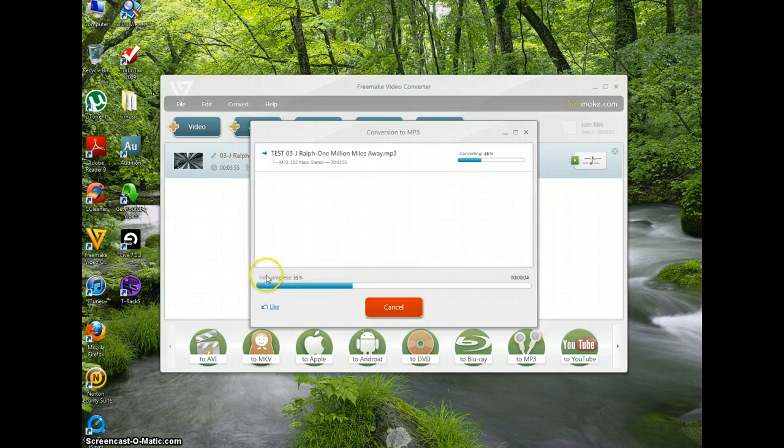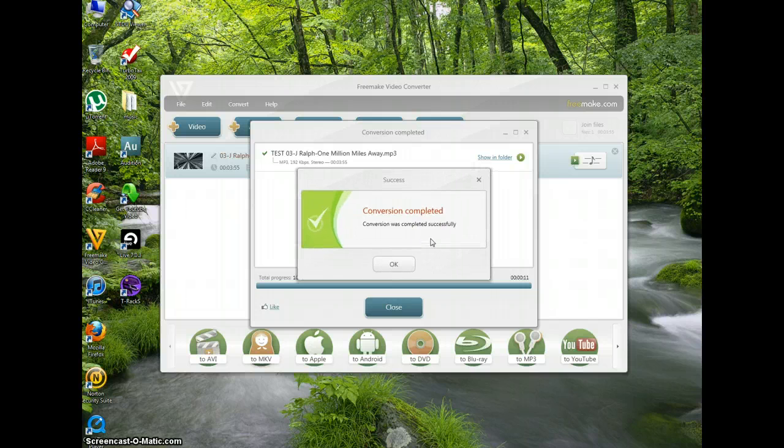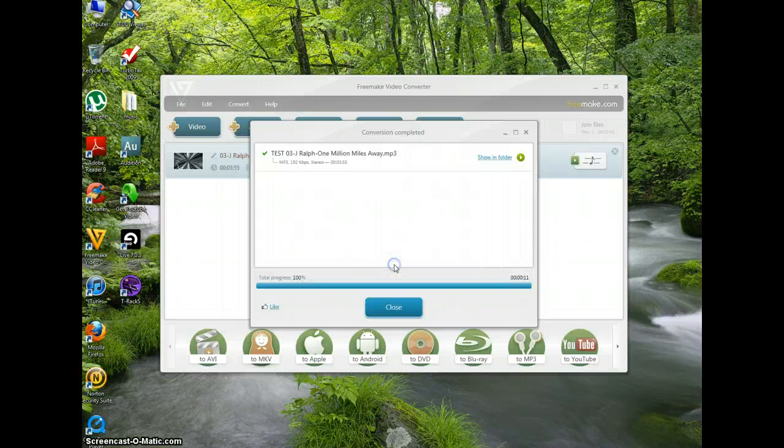You'll see the progress bar right here, and if you don't like what you're doing, go ahead and just hit cancel, and there we are, conversion completed. And it says it was completely successful, so there aren't any issues, there aren't any problems with the file. Click OK,